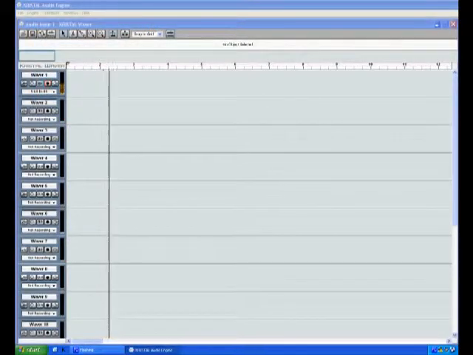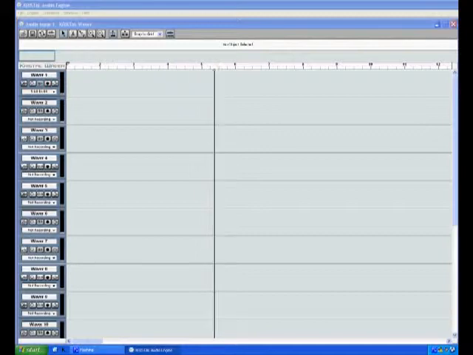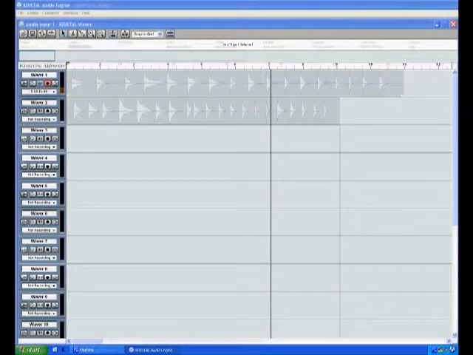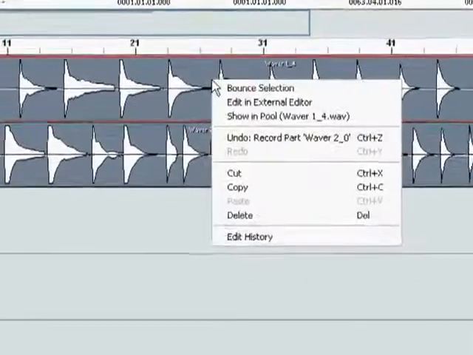I'm going to record 17 notes from low E up to the high G, an octave above the open G string. I'm just going to record them all in one file, and when I've finished, that's what they look like. Top line is the first time. I did another version underneath. Then I'm going to open